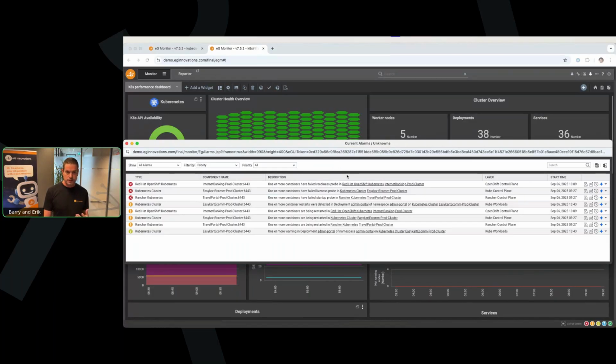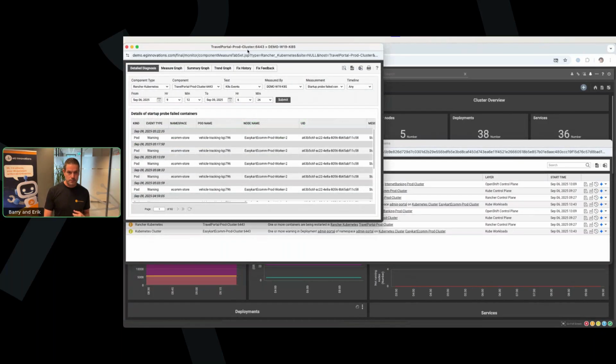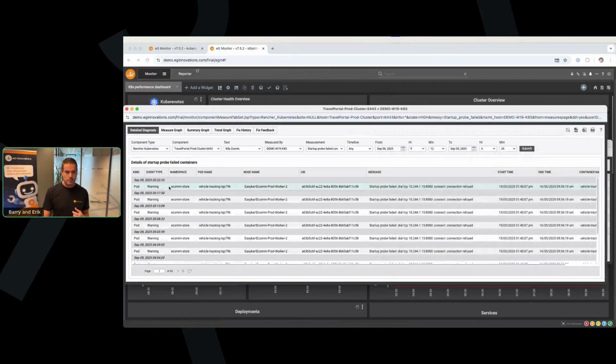But the beauty basically is that it's really a single view, a single console for all your alarms. So it's for metrics, it's for events, it's for logs, and it's for traces. And it will immediately provide information about the root cause. So if I click on this magnifying glass, then we'll have a pop-out window, which I'll make a bit bigger. And then immediately you can see that for this alarm, we can spot, okay, this is the namespace, this is the pod name, and this is the node name. So this will help you determine which team is responsible for solving this issue. So who is the owner, basically.